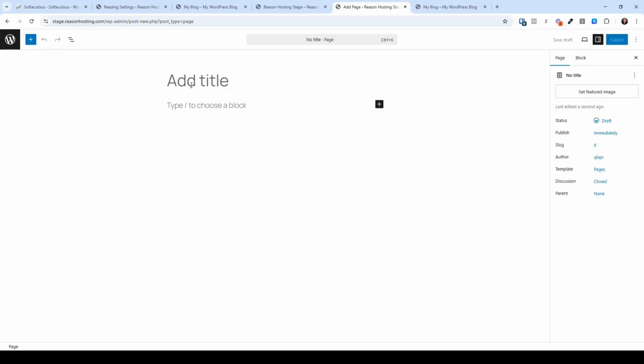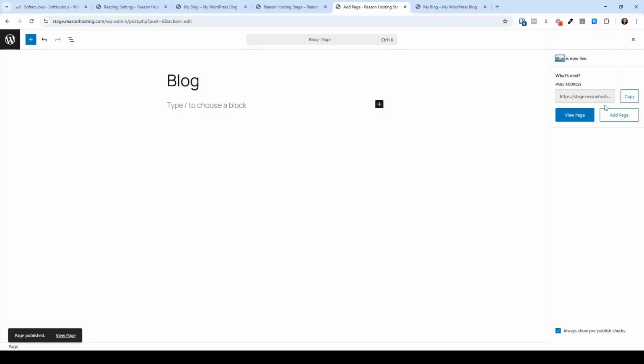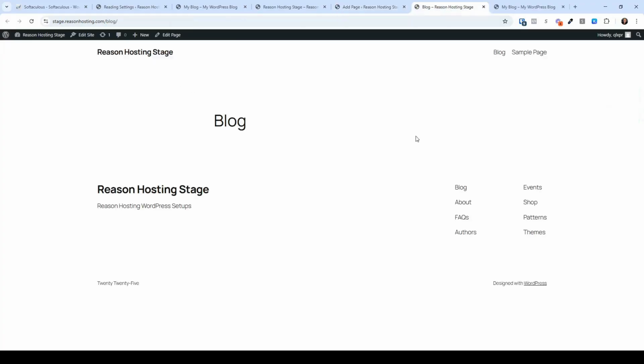We're going to call this page, simply call it blog, right? Just blog, nothing else. Don't add anything. Don't change anything. And then as you can see here, the slug, which is going to be the name of the page, is going to be called blog. We're going to click publish, click publish again. And as you can see here, when we go to that URL now, it's going to actually be now a blog page where you actually have the blog,